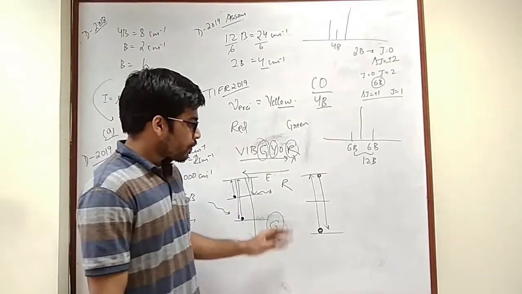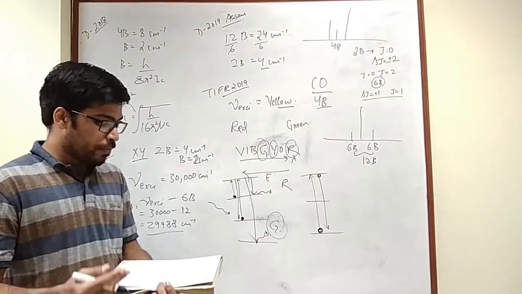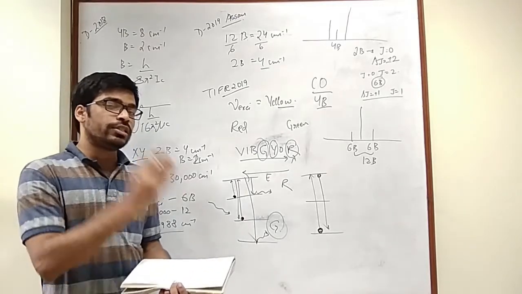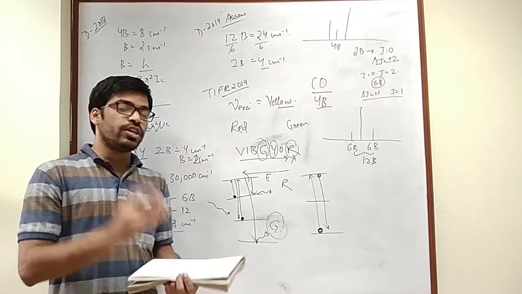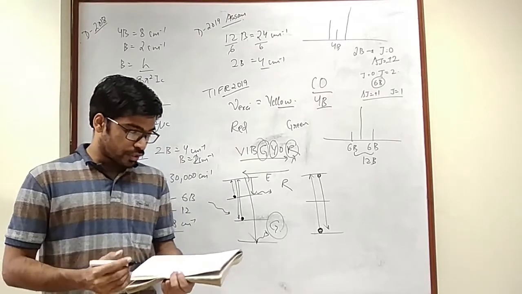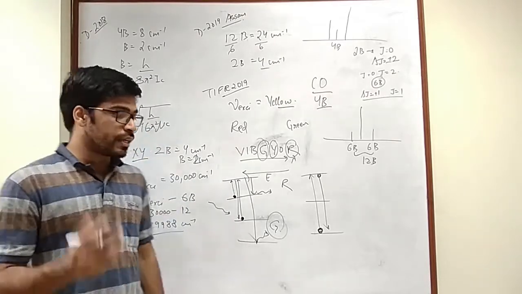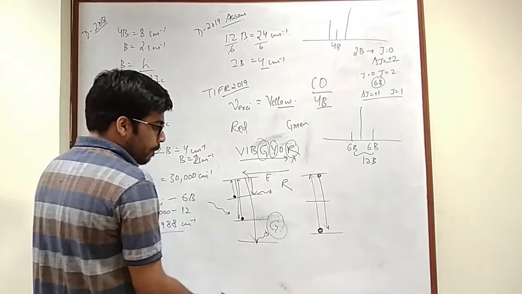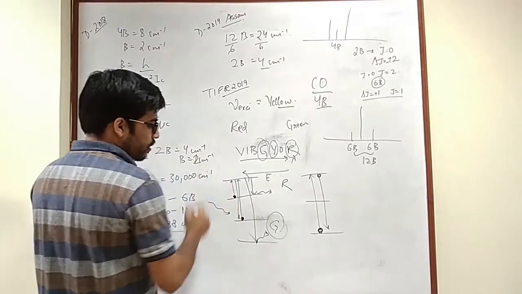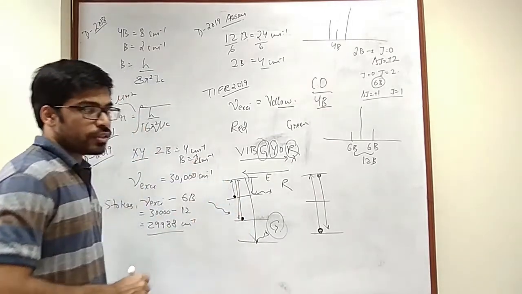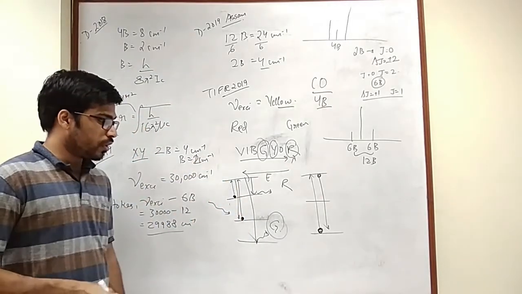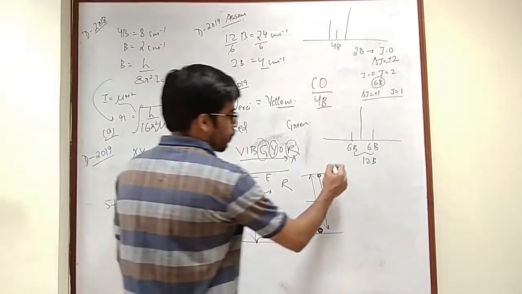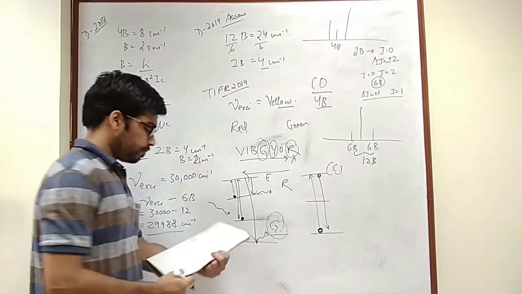So what are the options? Green peak becomes blue, green peak becomes red. By heating, you do not change the position of the peaks. What you change is the intensity. The third option says photon count of green peak increases. That's what I wanted to mean. If you heat, more and more molecules are going to be present here and they are going to release energy because of the Raman effect. So the green intensity is going to increase, and option C was the correct answer.